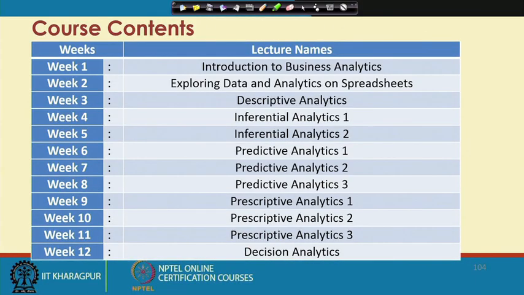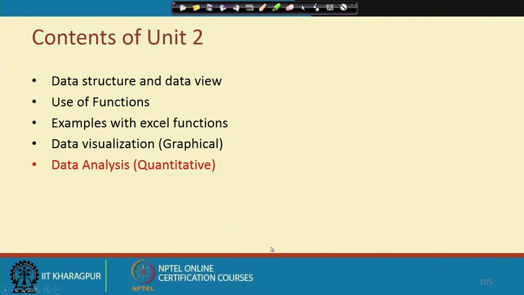So here are some of the things we are supposed to discuss more about, this understanding and this particular requirement. Corresponding to the last 4 lectures, we have highlighted the data structure, data view, use of Excel functions, then various examples with Excel functions, then graphical visualization. Now in this particular lecture I will give you some kind of quantitative approach